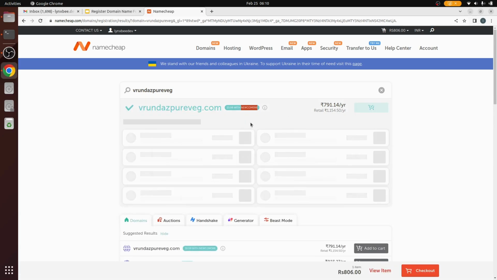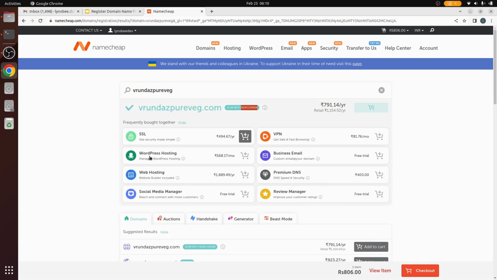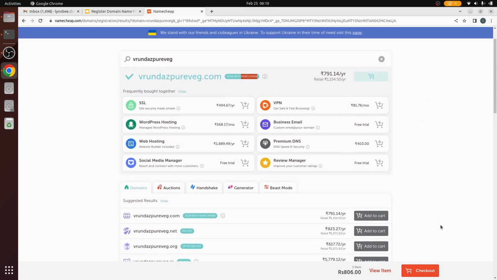So as we can see here, it has added the domain, and it is also asking whether you want to buy some other services. But for now we are not concerned, so we will just proceed and go ahead with the checkout process. But before going to checkout, make sure that all the spelling is correct in the domain name, because